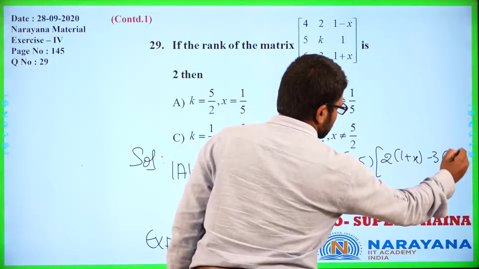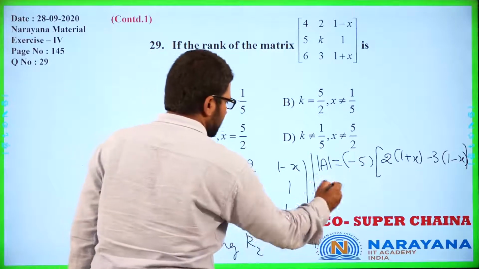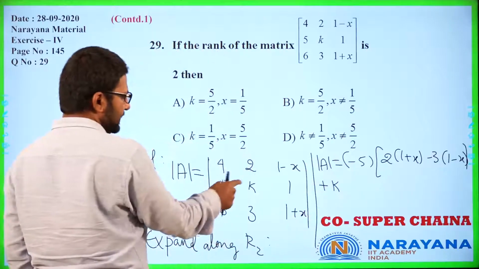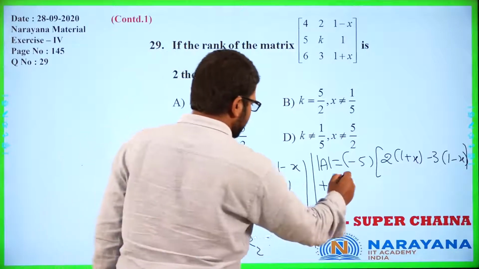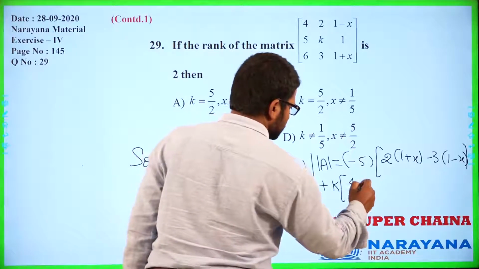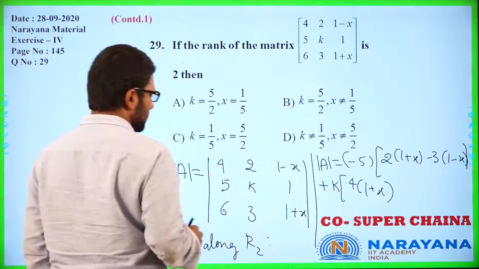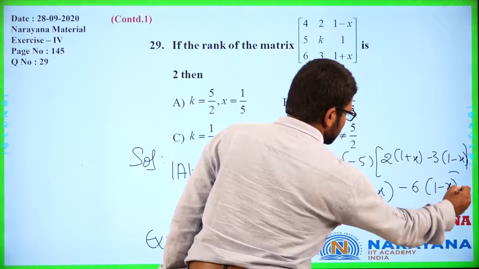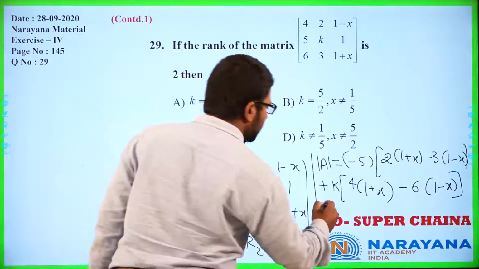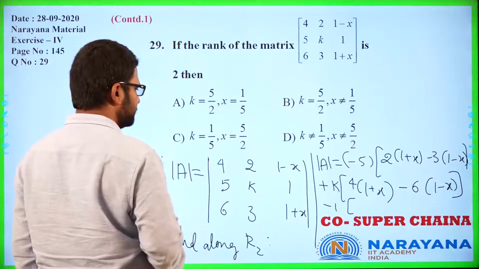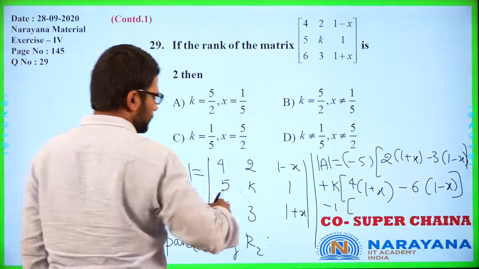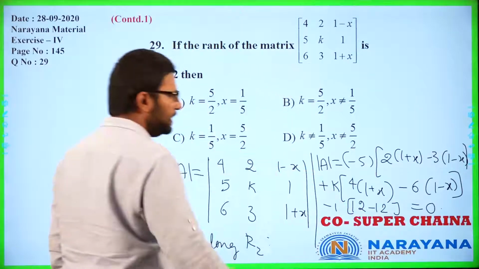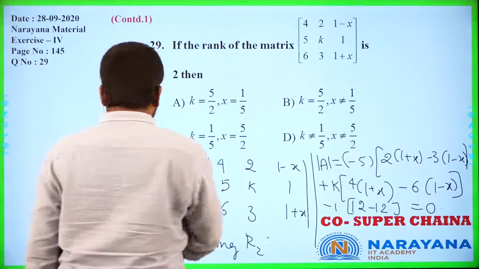Right. Then minus, sorry, plus k into, you see we have already taken minus here, so plus k into 4 into 1 plus x and minus 6 into 1 minus x. And then minus 1 into 4 into 3 minus 6 into 2. So 12 minus 12. Now this whole thing is equal to 0. We have already established that mod A is equal to 0. Which means